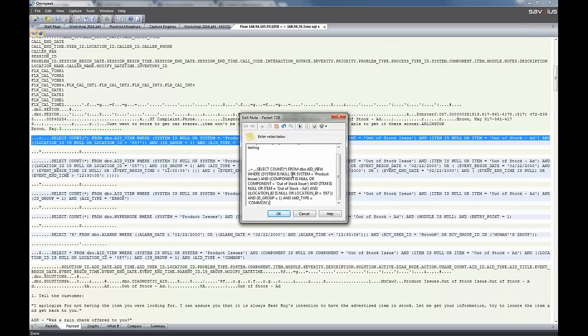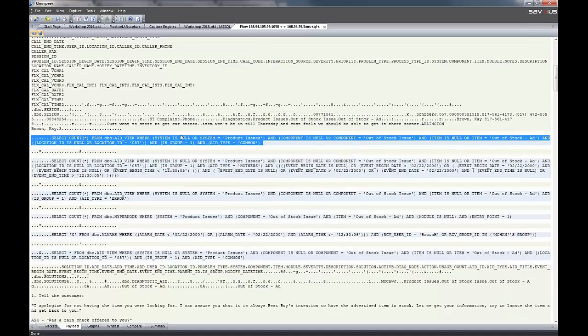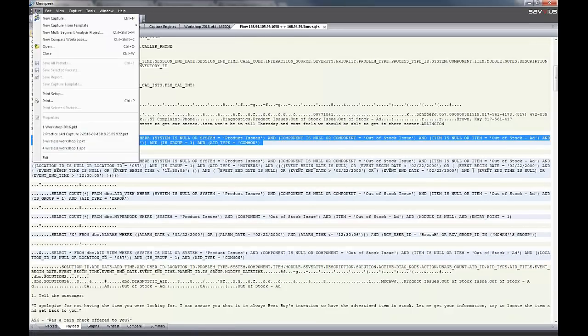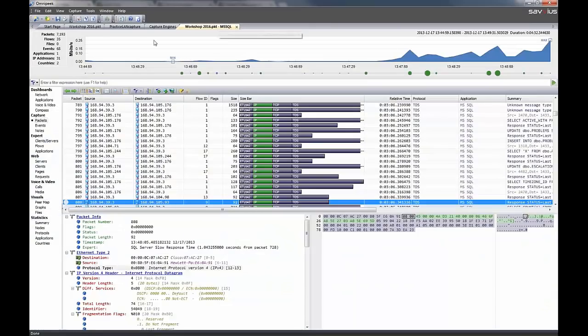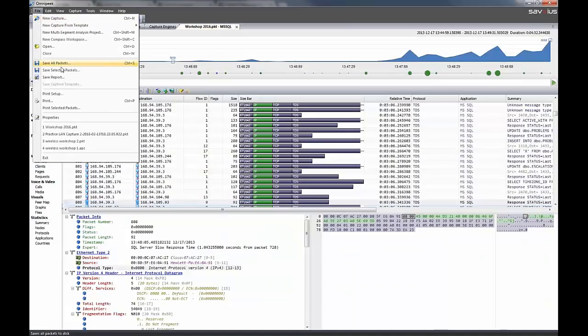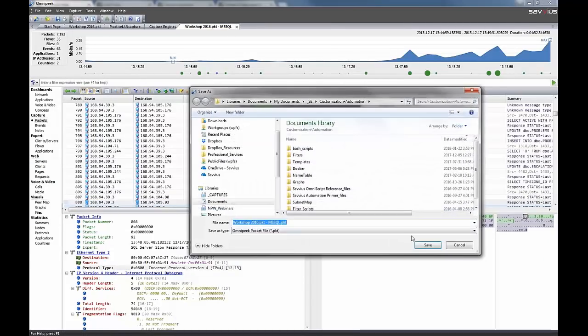If they run that locally, it's going to cause problems locally, but at least I can go through and pick a few of those out. I can go in now and save this smaller file. Let me go ahead and close out the packet flow details. I can save this smaller file, and I can save it in a number of formats, but as long as I use one that supports the note format,